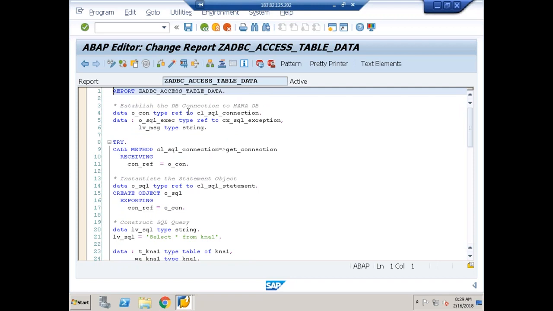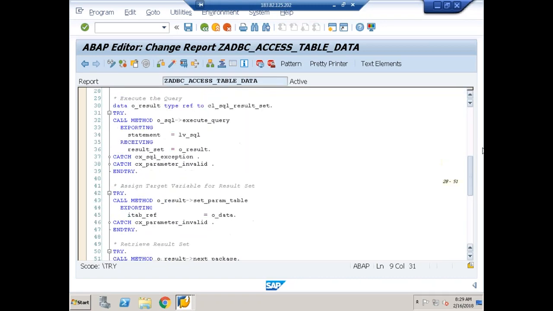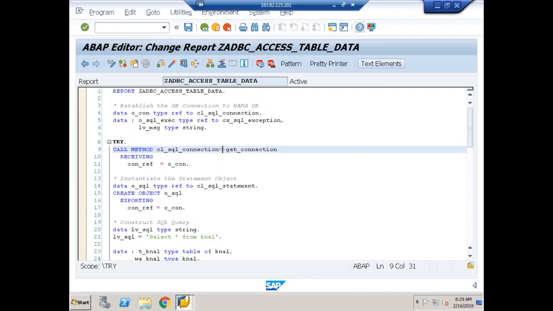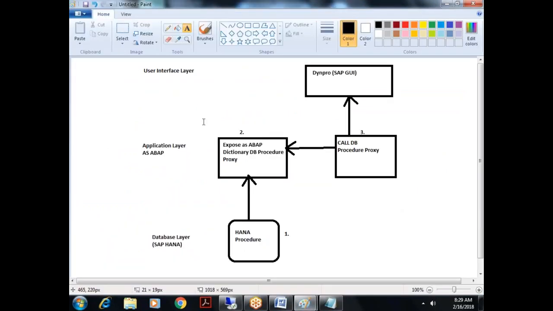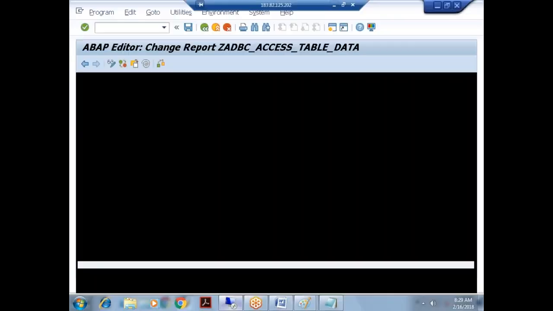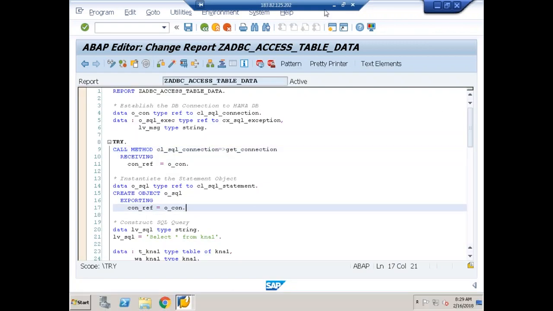I know this is confusing, but it requires practice. Anyway, we are going to discuss multiple examples. I'll try to call all these methods, execute procedure, execute DDL in multiple places, then you'll understand. Once we complete this part, we'll go to the next part, database proxies. Any question? Sridhar,